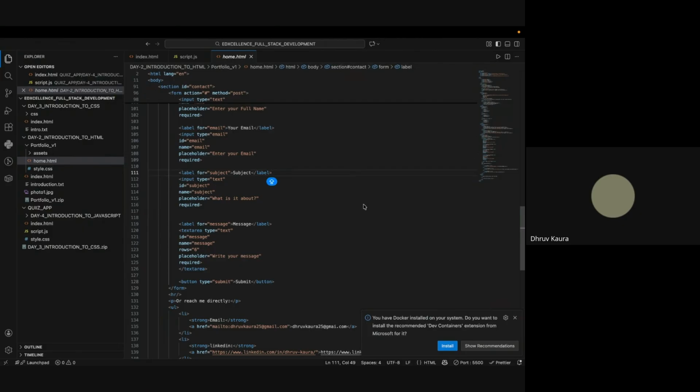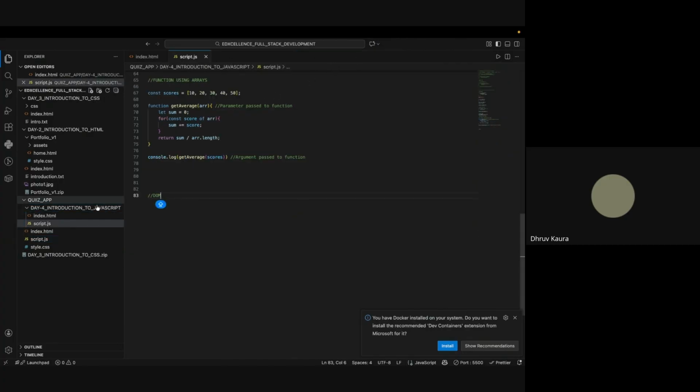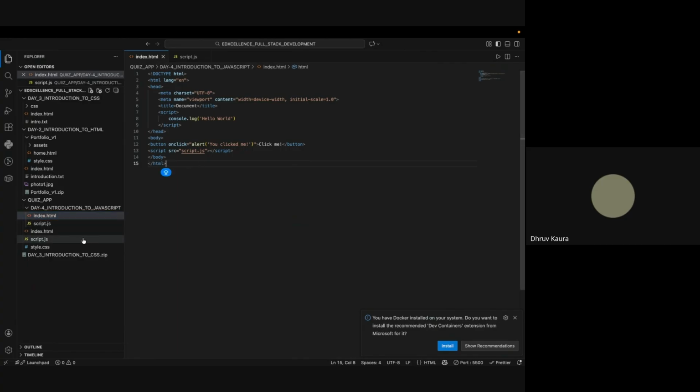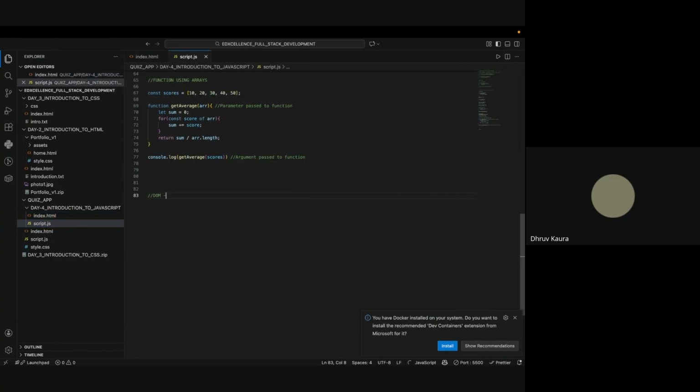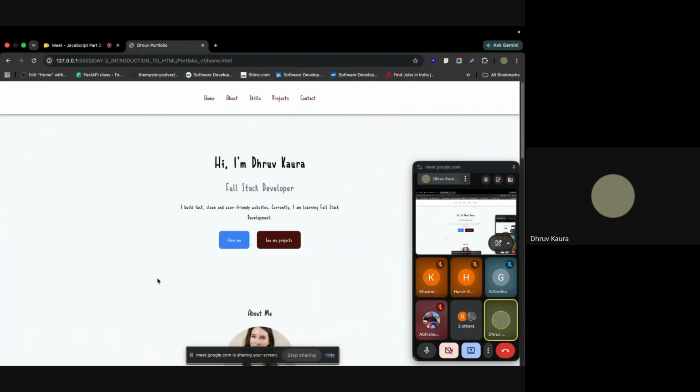DOM stands for Document Object Model. Whenever our browser loads a website, it reads the file